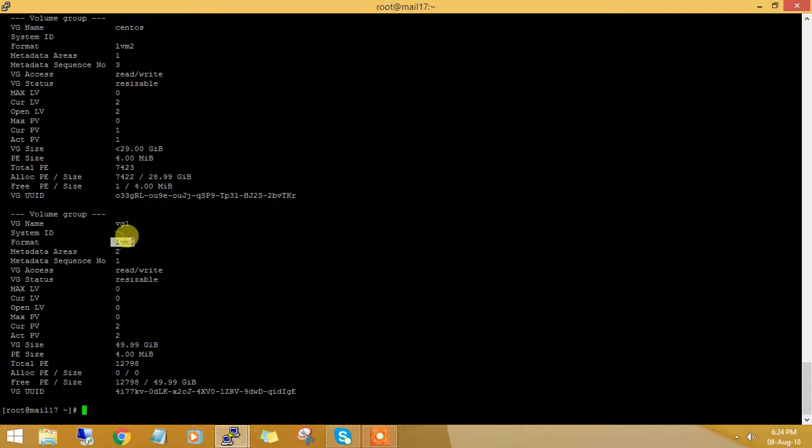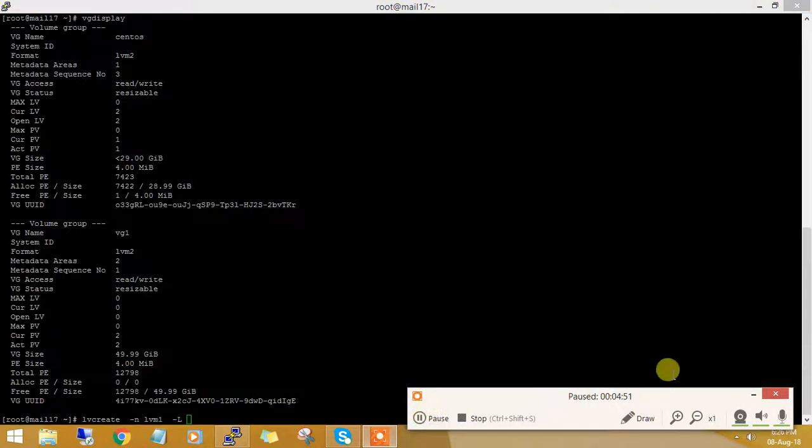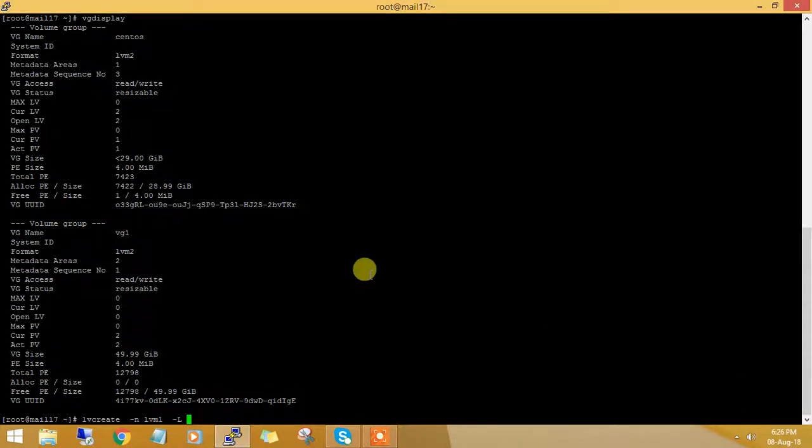This is the format LVM2, and the next step is to create a logical volume using the volume group. So this is the command lvcreate. Now give the name of the volume group. So I give LVM1, and this is the space. So just wait, hold on. So now I give the space, so I give 45